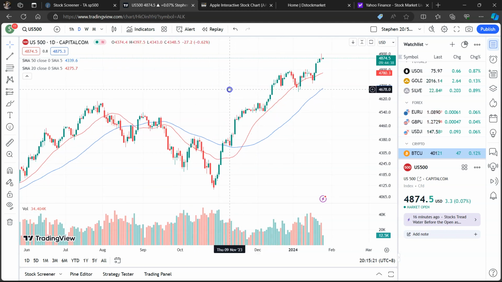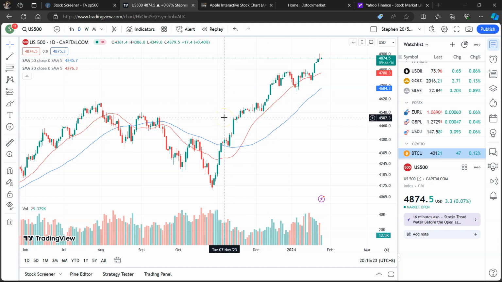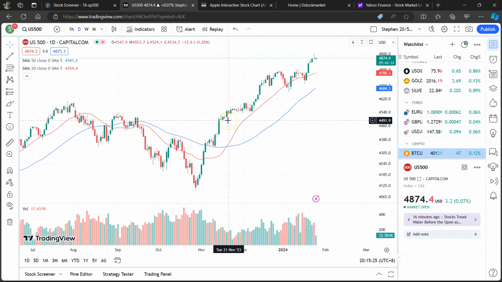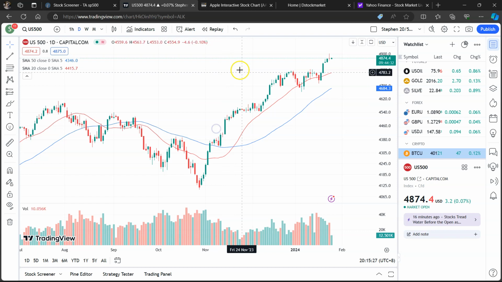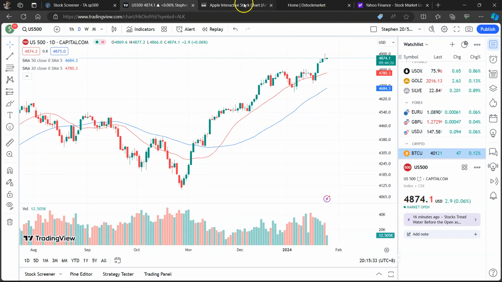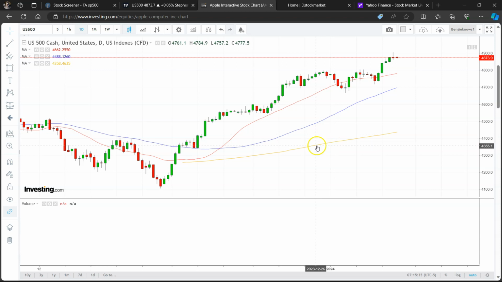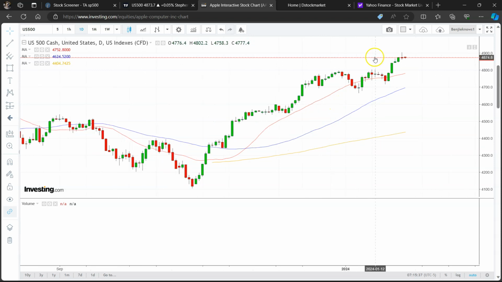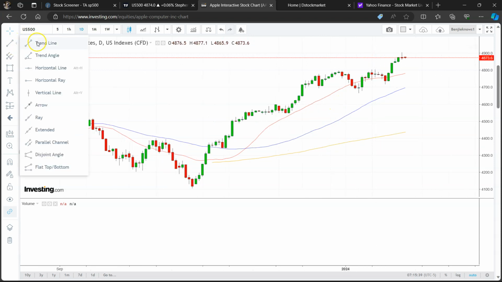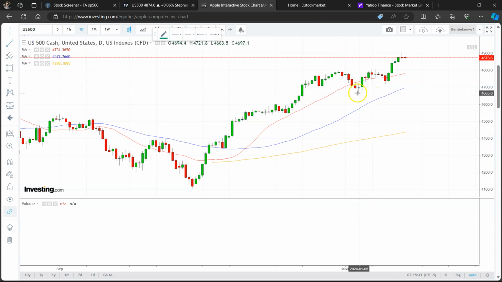Okay, this is a daily chart of the S&P 500. Let's switch to the futures. Have a look at it. Alright, the S&P 500 has broken out of